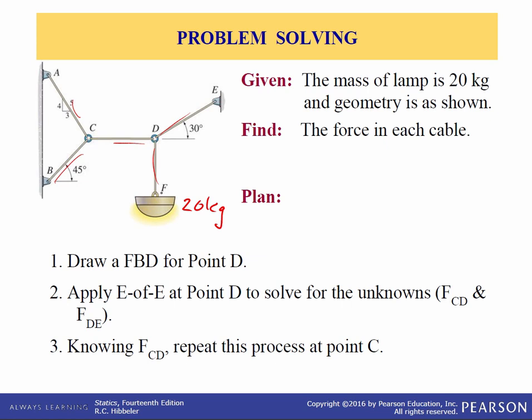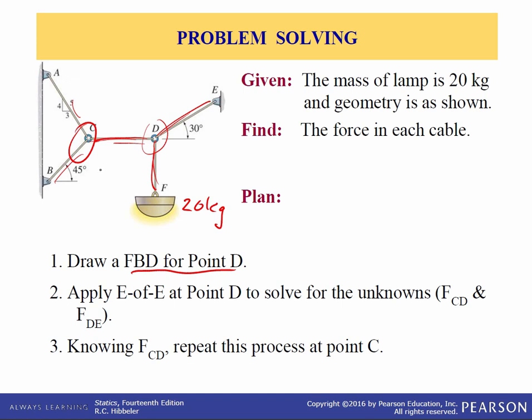So what we're going to do is a two-step approach. First, we're going to draw a free body diagram of point D, and then we'll solve for the unknowns FCD and FDE, these two. The tension in DF is 20 times 9.81. We know that because we know the mass of the lamp. And then when we finish solving for those, we'll repeat the process, but this time we'll do it at point C. In that case, we will know what TCD is because we will have solved for it earlier